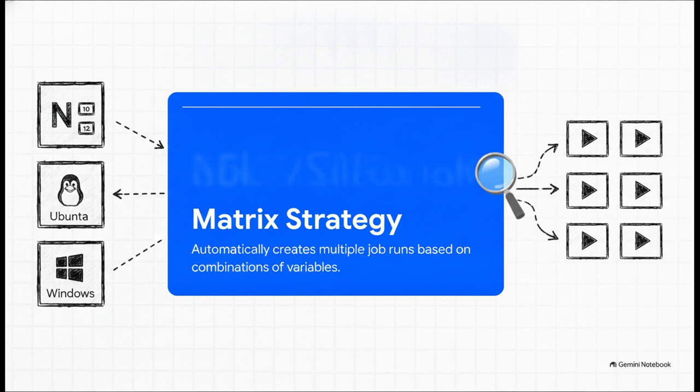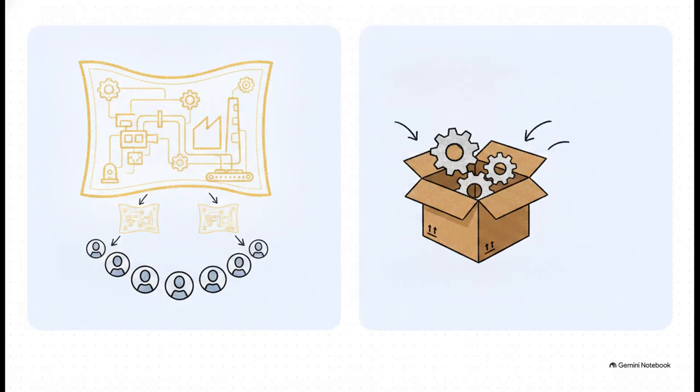Pretty cool, right? Now, what happens when you need to share all this logic across your whole company? You basically have two really clever methods for preventing code duplication. First, reusable workflows. These allow you to share entire, complex, multi-job pipelines. One team creates the master golden path deployment workflow, and every other team just calls it. On the flip side, we have composite actions, which are smaller. They bundle a specific sequence of steps to be used within a single job. The key difference? Reusable workflows log every single step visibly, while composite actions are logged as just one single step